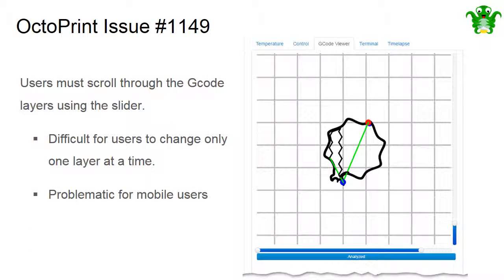For our first feature request, we made 2 buttons that allowed users to change layers in the G-code viewer. Before the buttons, users had to use the scroll bar to change what layer they were viewing. This proved problematic in 2 ways. 1, it was difficult for the user to change only one layer at a time, especially when there were a large number of layers. Second, it was problematic for mobile users or users working on touch devices because it was